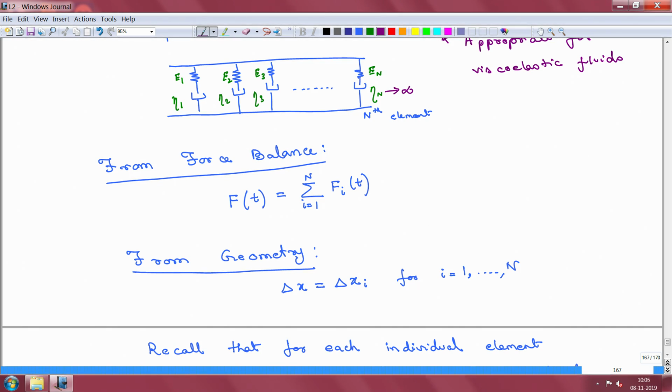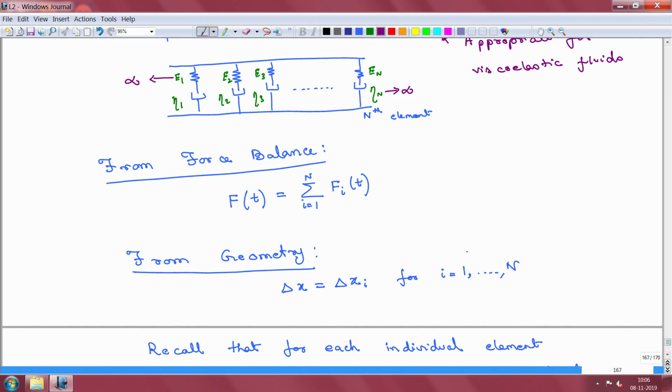Similarly, if you want to get rid of the initial instantaneous elastic response, then you can take one of these springs, and you can take any of them, because I already took n here, I am taking another case where if you take this term and you make it tend to infinity, then your initial elastic response will be gone and it will be determined by the viscous term, right.